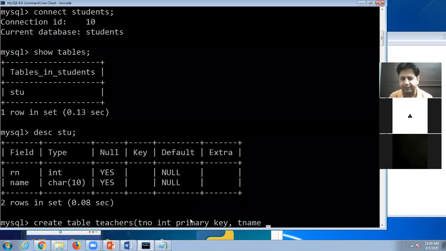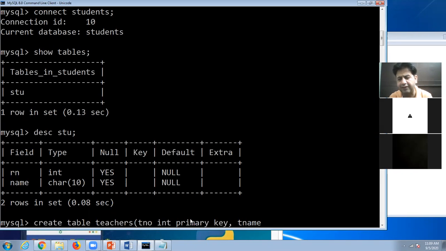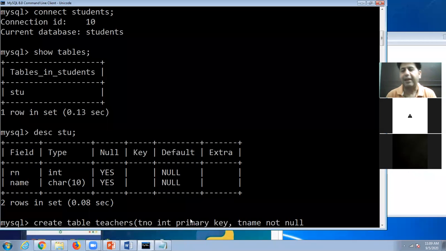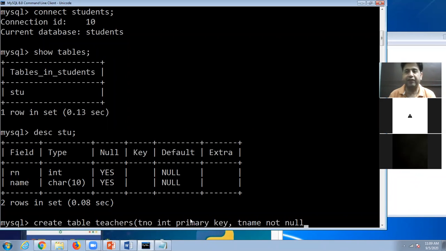Students, remember one thing, the difference between primary key and unique is that a unique key provides data that is not repeated, but we can enter empty data, meaning a null value. But in the case of primary key, we can't duplicate the data, and we can't keep that field empty. Now not null means entry is compulsory. We can't keep that field empty, meaning null. But here we can enter duplicate values.